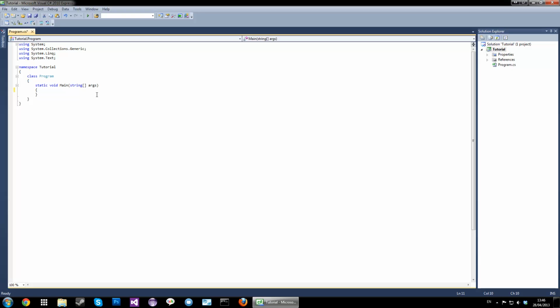place your cursor here, press enter, and write console, and you'll notice this menu thingy underneath popping up. It's very useful if you don't remember what something is called. I can write C, and then I can write O, and then I can choose console. Anyway, console dot, and the dot is very important here, right line,